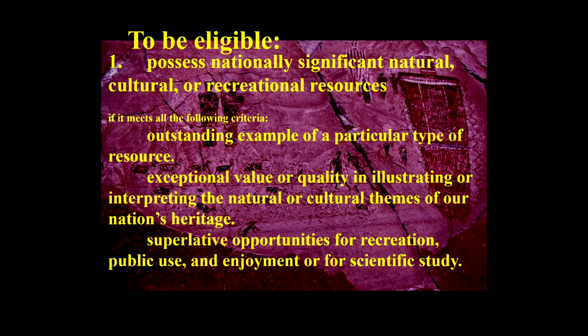Resources broadly defined mostly as the physical, but you also have seen that other values are brought in. Exceptional value or quality illustrating or interpreting the natural cultural themes of our national heritage. So it's not just physical resources, heritage is a big part, and superlative opportunities for recreation, public use, and enjoyment,